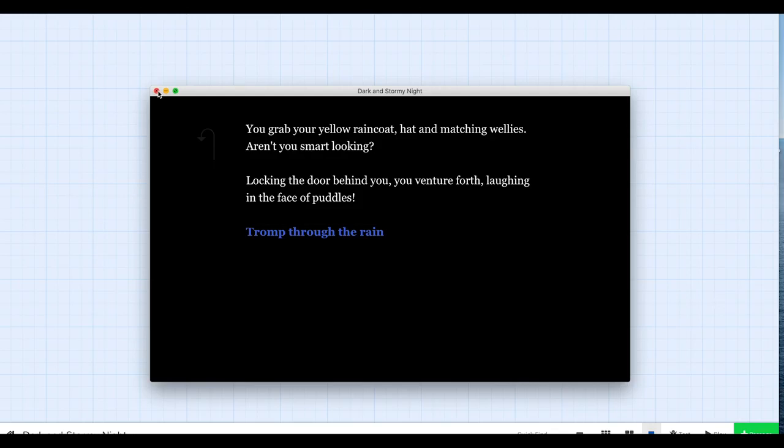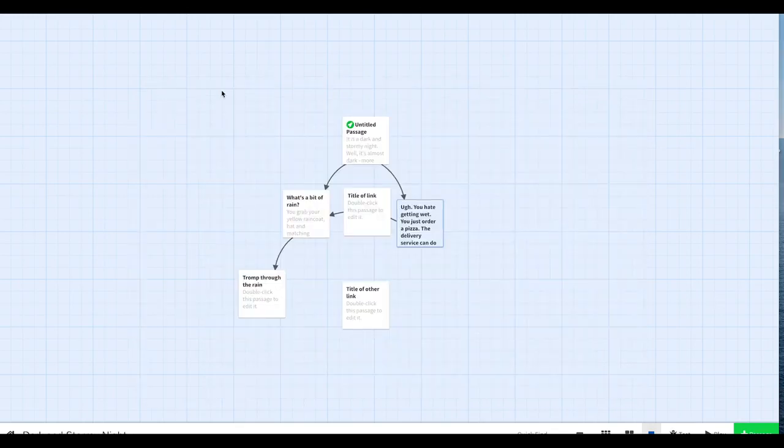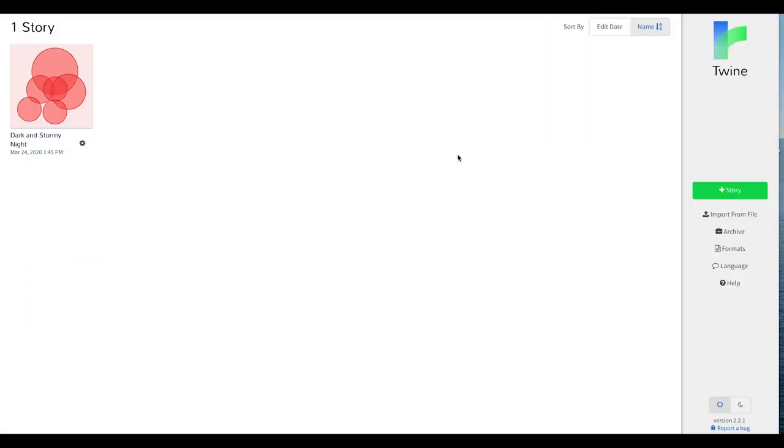And there you have it. A short introduction to Twine. If you've downloaded Twine, your project is secure on your hard drive. But for those using browser-based versions of Twine, your Twines will save in your cache, but remember to archive your